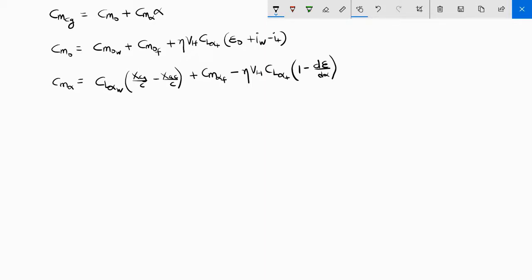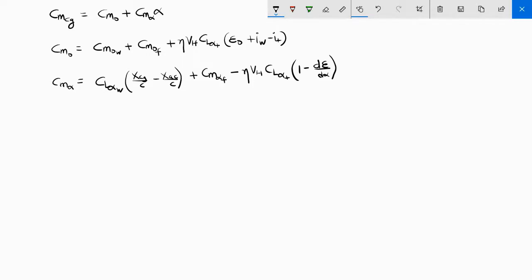So what we can see here is that the stability is significantly affected by the center of gravity. And the center of gravity can change during the flight as the payload moves inside the fuselage. As the amount of fuel changes in the fuel tank, the center of gravity of the aircraft can shift. So we would like to know what is the range in which we can allow this center of gravity to shift. Because the shift in the center of gravity is going to change the stability characteristics, because we know that the aircraft is going to be